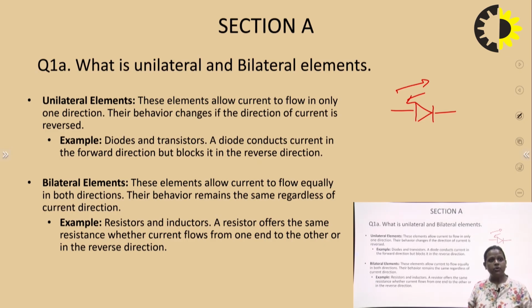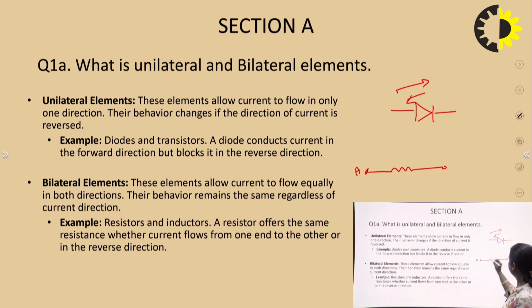Now the next, what are bilateral elements? These elements allow current to flow equally in both directions. Their behavior remains the same regardless of the current direction. For example, resistor or inductor. A resistor offers the same resistance whether the current flows from one end to the other or in the reverse direction. For example, if this is a resistance,